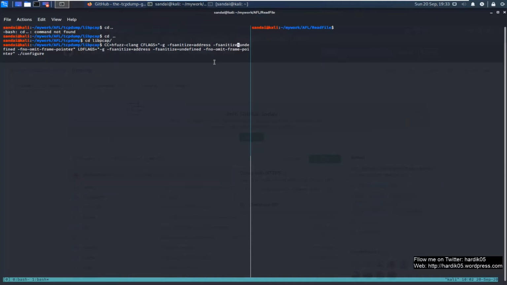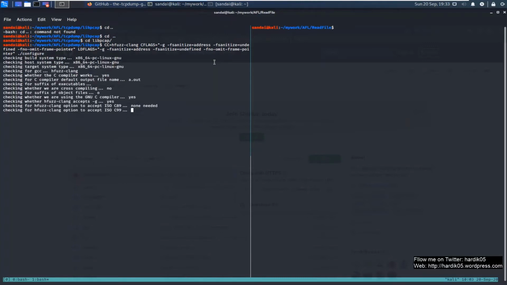Then we have a flag called -fno-omit-frame-pointer, which will help us collect more sensible crash data. Then these are the linker flags, which are the same as the C flags, and then we'll just run the configure command. So let's run the command and see what happens.